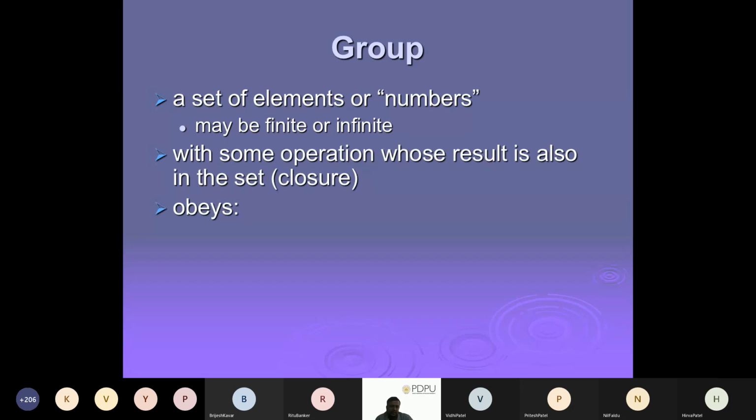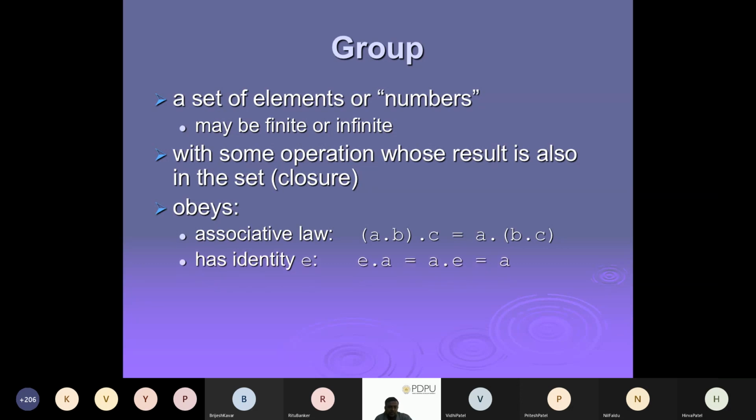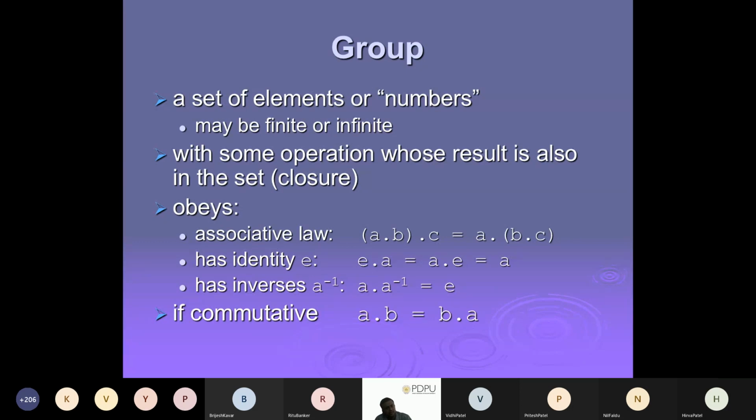Then we can see certain kinds of operations, and whatever operation we apply, the answer also lies in the group. Like if we do 5 into 5 and then the mod, the answer also lies in our group. There are certain laws that a group has to follow, like closure and identity elements. A group can be additive or multiplicative, both are valid. If you are using additive, you have to use addition everywhere. If you are using a multiplicative group, every time you have to apply the multiplicative operation.